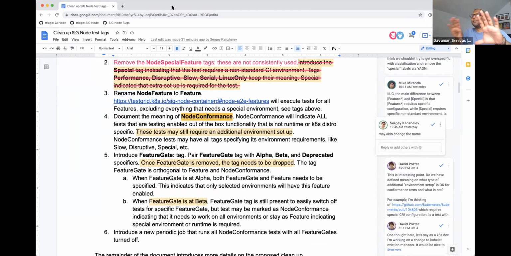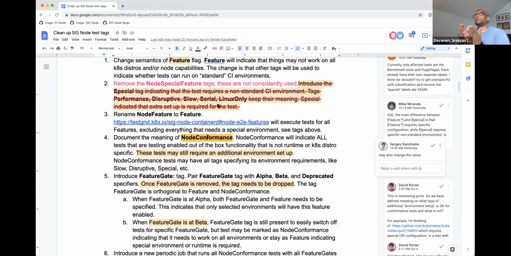Okay, so let's stick to just what you have on screen right now. One way to think about this is, what is the implication to all the other SIGs who are not currently paying attention to anything? When there is a prefix with node, they say, oh, this is SIG node stuff, so I'm not going to worry about it, right? Whether it is a node feature or node conformance, they just say, okay, this is SIG node stuff, so let me not worry about it, and I'll do a standard set of things that we do for conformance that everybody else follows, right? So taking that,